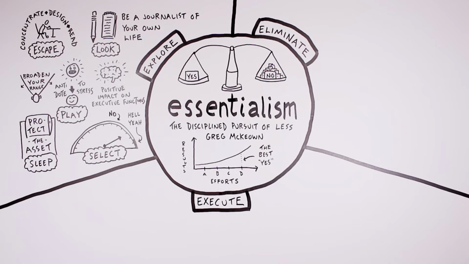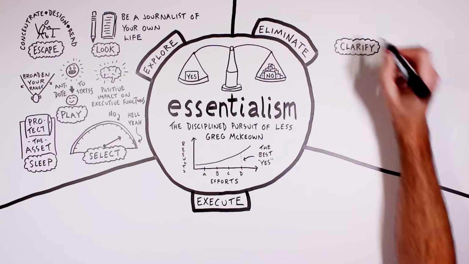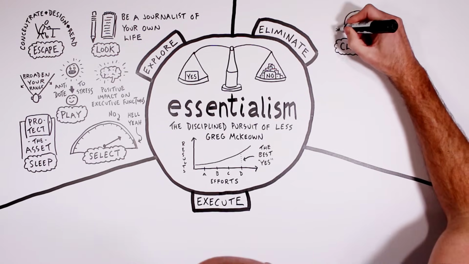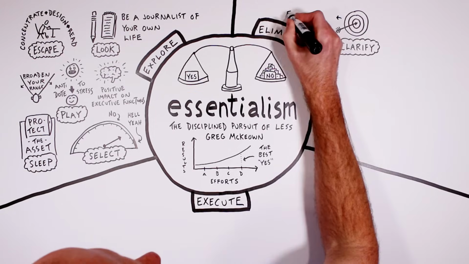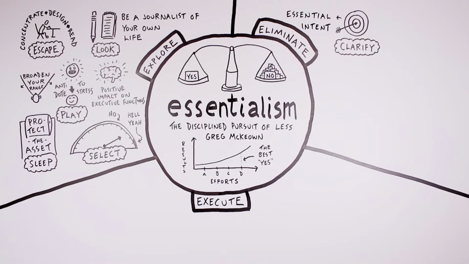From that exploratory section of the book, we move on to eliminating, starting with the prompt to clarify, deciding what is the target that you're shooting for, bringing in this idea of essential intent, and that without having your essential intent defined, it makes it a whole lot harder to know what things to say yes to and which things to say no to. And of those two responses, it's understandable that it's often harder to say no than it is to say